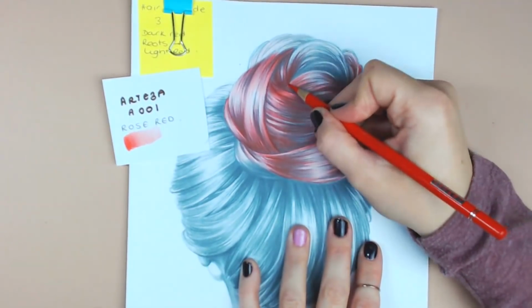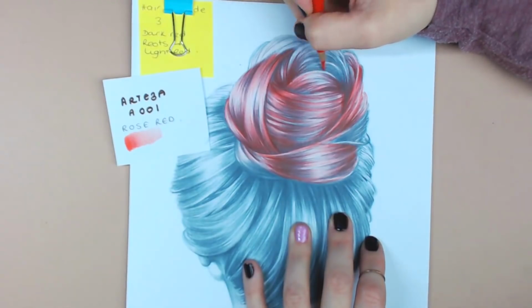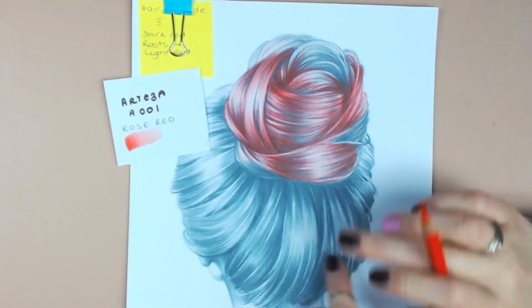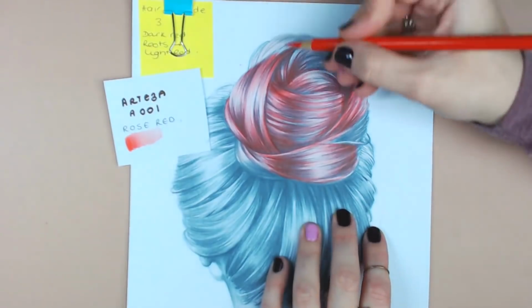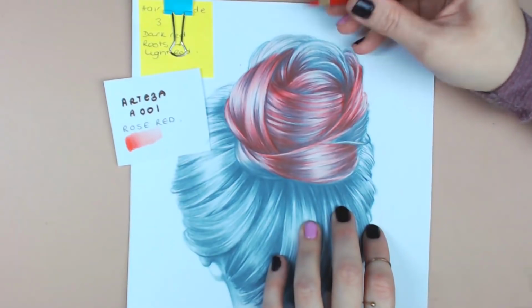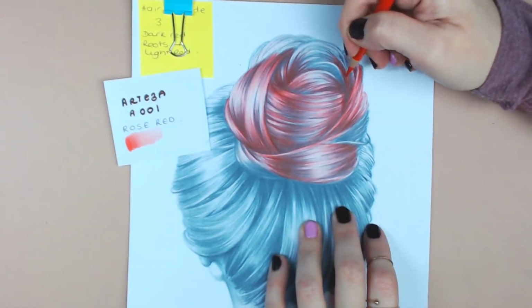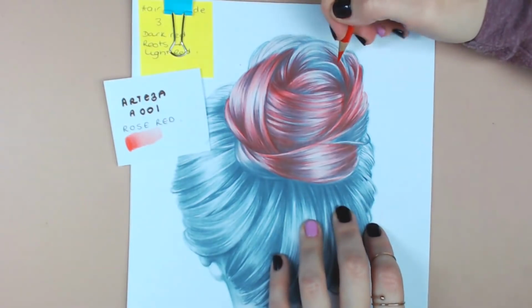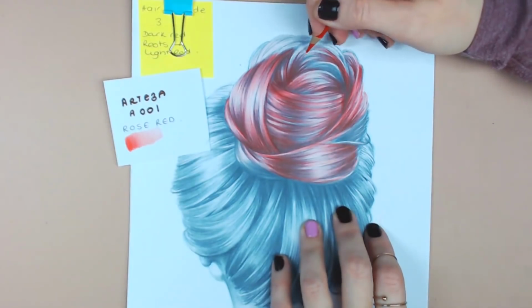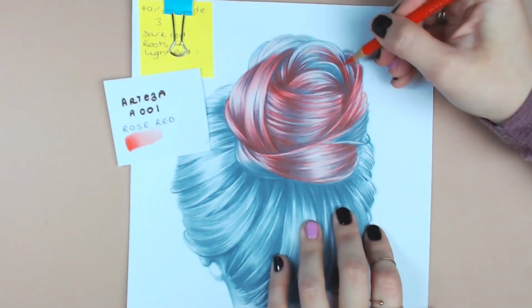So you're allowing that to take the grayscaling out, and this will be your grayscale in this red. So you have to be a little bit patient on this part, because the bun, this is quite easy at the bottom because it's the same. You go in the same direction, whereas the bun has got like a million directions to go in. So you're just going to go along with it. So you're meeting top to bottom, and stay with the pattern of it. So again, I'm just releasing it on those parts, joining it up, but releasing the pressure. And then these parts you'll see are a bit lighter. So you can bring your strokes in,